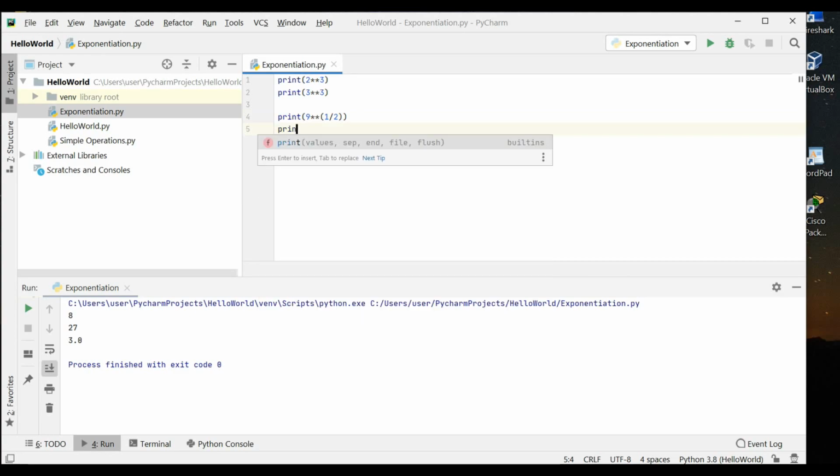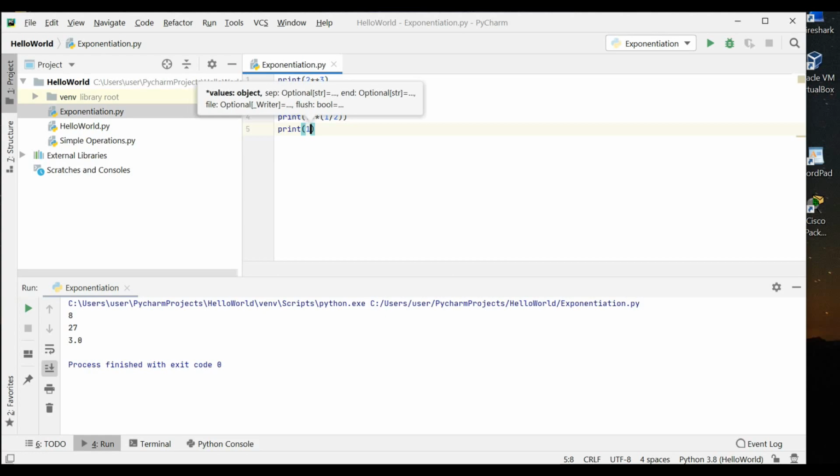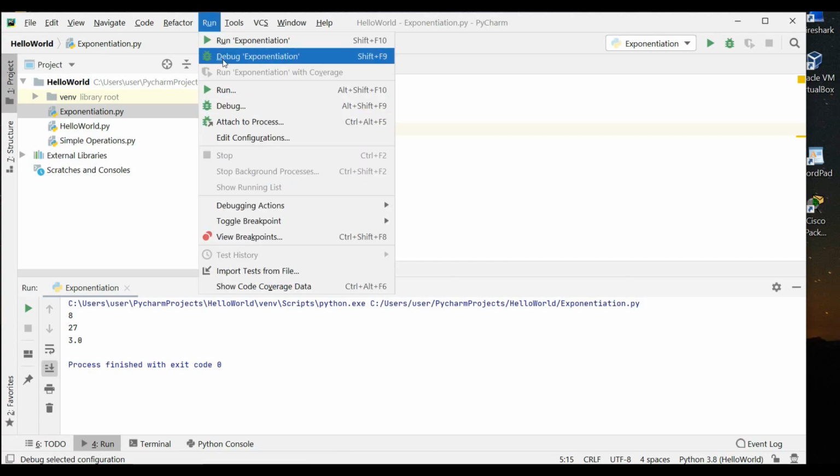Another example that can be used is print, one plus... power of 2. This is another way of writing it. So we'll calculate this section here first, which is giving you 4, and then it'll be 4 times 4. So if you run that,